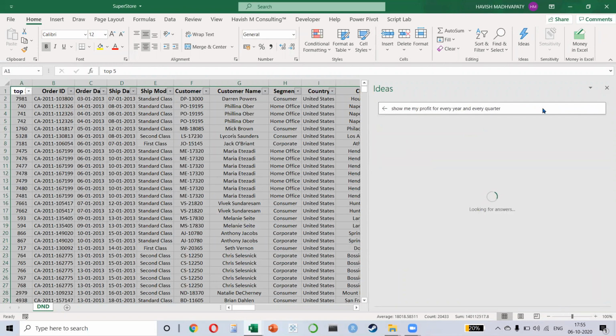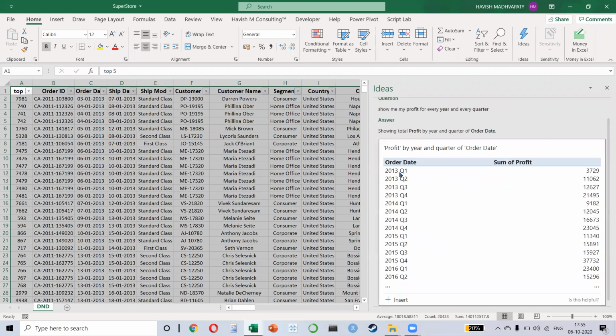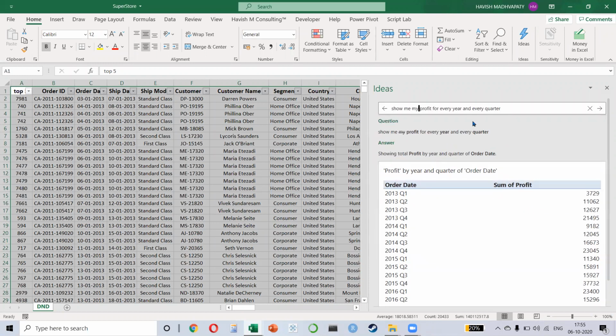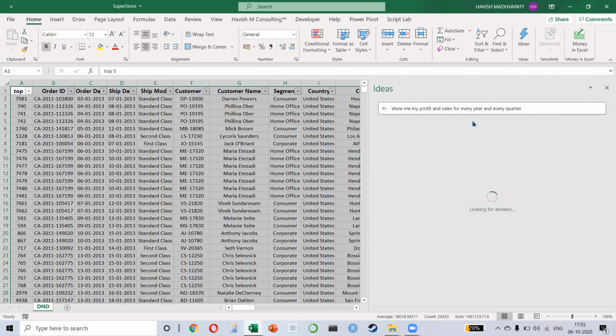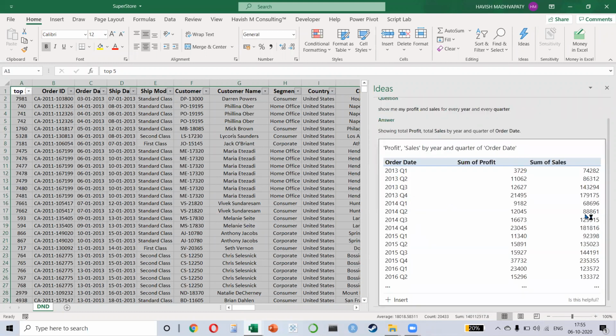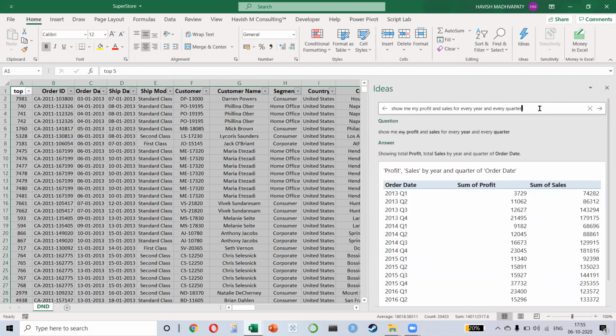Okay. You ask a question and you notice it is giving you the profit for every year and every quarter. If you say, show me my profit and sales, then obviously it now shows you the profit and sales for every year and every quarter. How cool is that? And if you want to say only for, or let's say for Texas, okay?